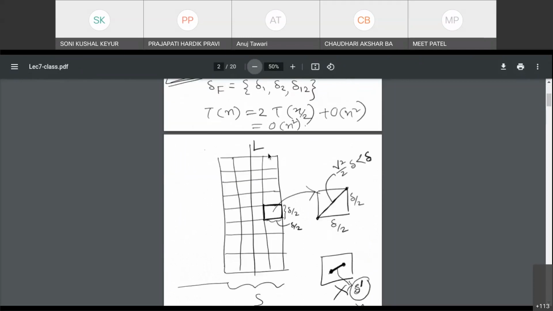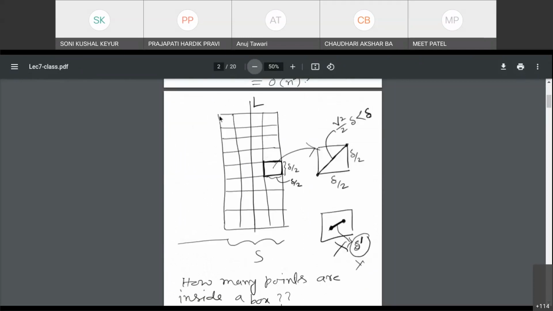So what did we do? Then our next idea was, okay, we have this huge strip of distance delta on either side. So we divide it into squares of side delta by 2. And what was the logic behind this square? You wanted to say that all these squares can contain at most one point. And what was the reason? If there were two or more points,